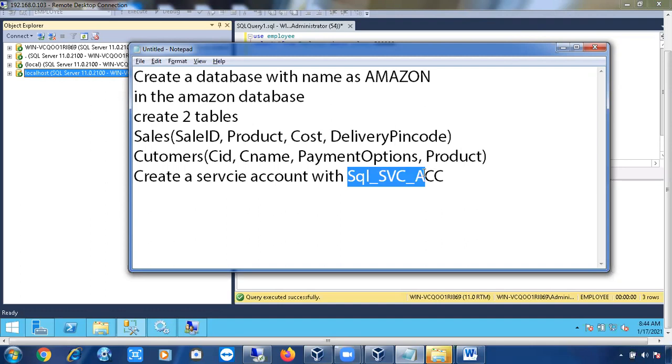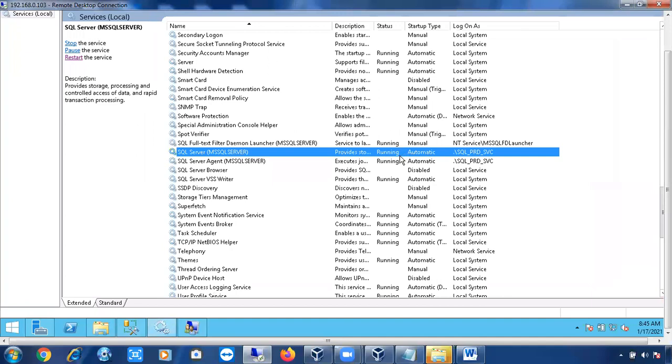You just went through the steps of how to create a service account, right? What do we have to do for that? What is the first step? First of all, we have to create a user in lusrmgr.msc with this name. Then add this account to the local admin group. That is the second step. Then go to services.msc and change each service's account. That's it. Clear, right?